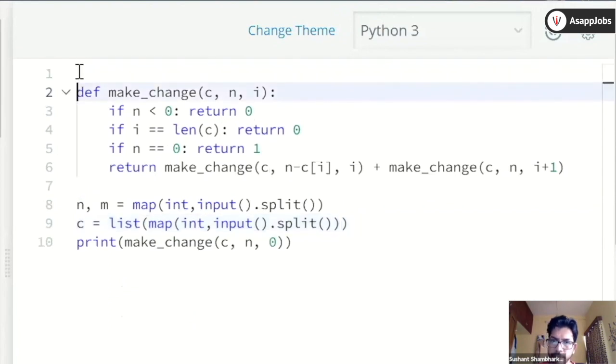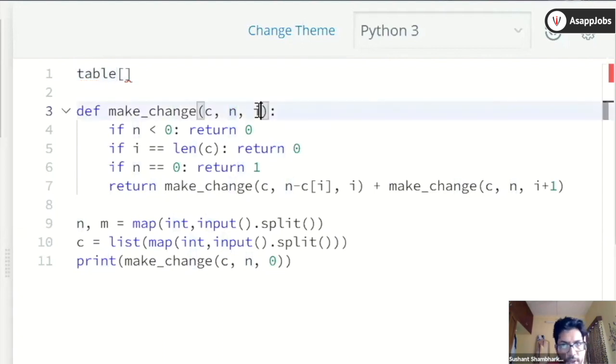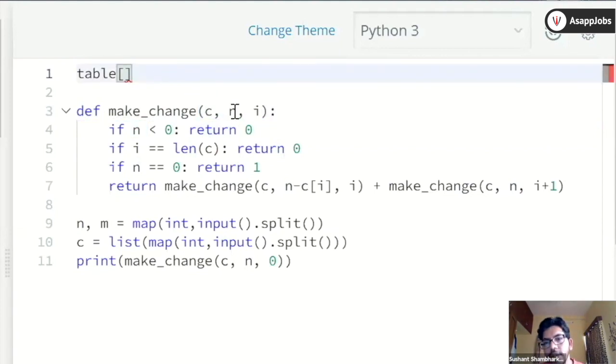So we are going to add a caching mechanism. Let's call it a table here. Now, what I want to focus on here is it will obviously be a two-dimensional table because we have two variables that are changing. So sum is changing, also index is changing. So how many variables are changing in the recursive function will define the dimension of the table. Now the thing here is this one is the index, so this will always be bounded by some range, but the sum is not bounded by anything here, right?